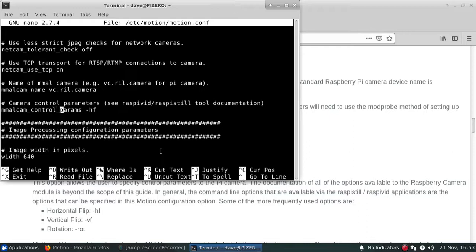And then the control parameters, which allow you to flip and rotate the Pi camera image. It's recommended that you use these parameters if they are available before using, for example, the rotate features within Motion, because this will use some of the hardware in order to do the flipping of the images. So currently for this camera I have it set up to do a horizontal flip,